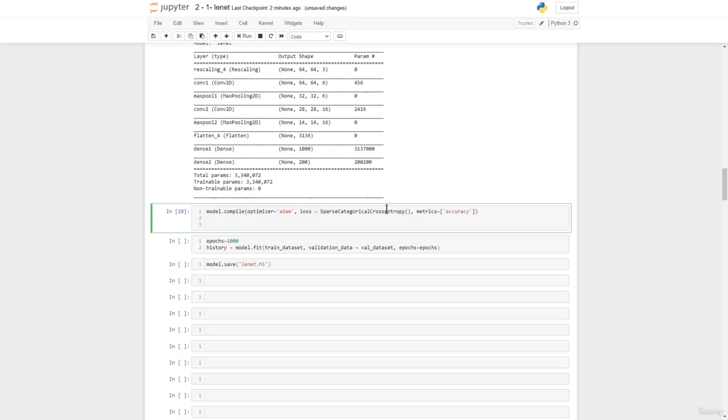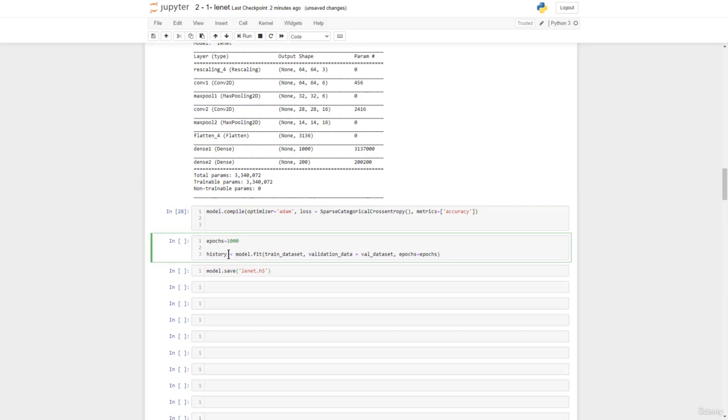All right, since we defined this initially, now we define the number of epochs. We take it to 1,000, and then we store in this history the different values of the losses and validation losses, accuracies, and validation accuracies we will get. So from there, we now fit our model, which will permit us to train this model. We input the train dataset. We specify the validation data, which is val dataset, the number of epochs, and then after we could save our model. So let's run this,